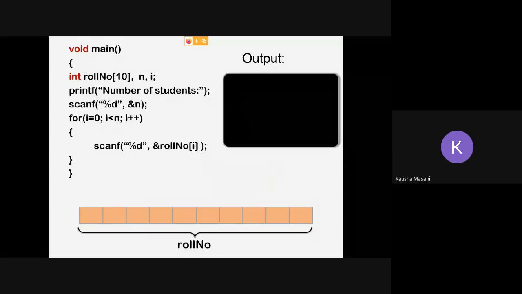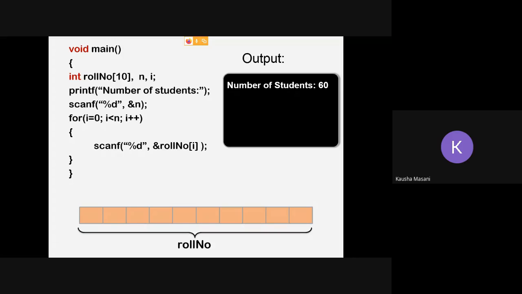Another scenario, the opposite scenario. Let's say the number of students the user is entering is 60. For example, this program is about a new school. Initially that school was expecting not more than 10 students, so this program was built keeping 10 students in mind. But now, due to some reasons, the school is flourishing. More admissions are there.